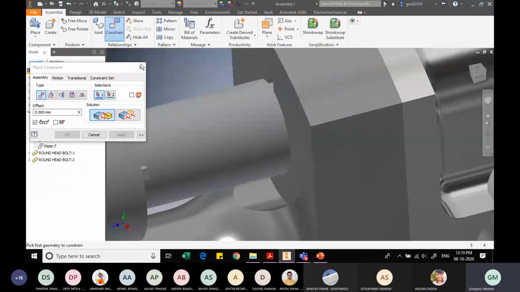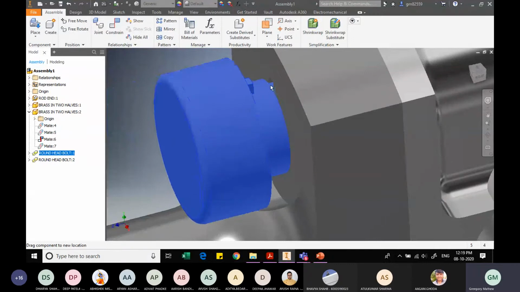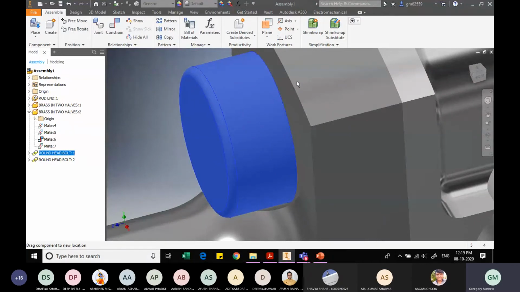They are not accepting it. So maybe there is a dimensional constraint issue. Let me just take it out.